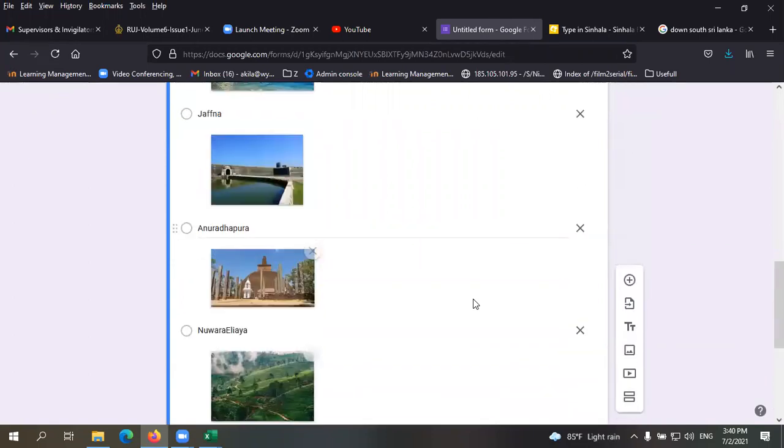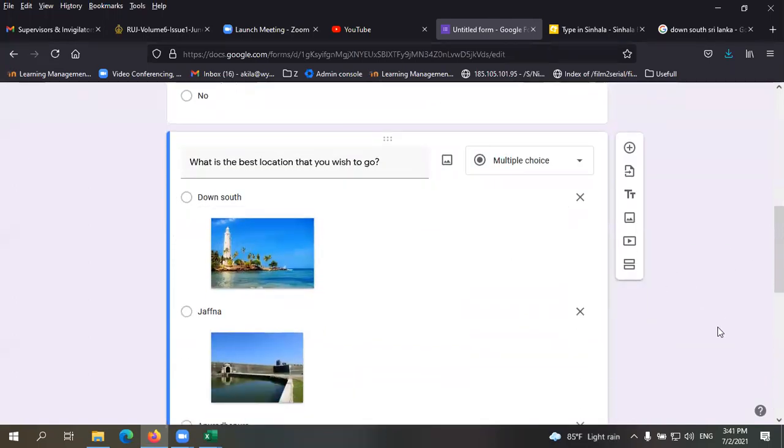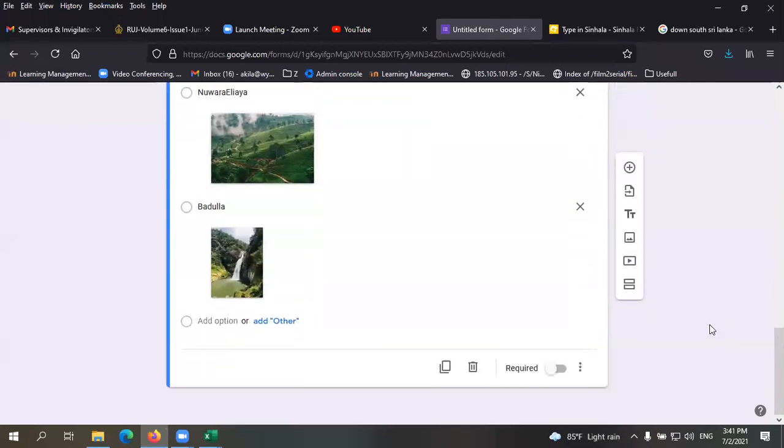Okay, so like this, you can create a question with images. Again, if you want to add an image for the form as well, you can do that. If you want, you can add an image like here.